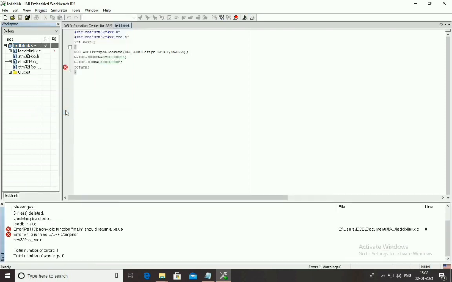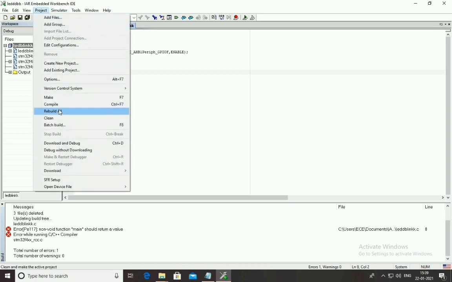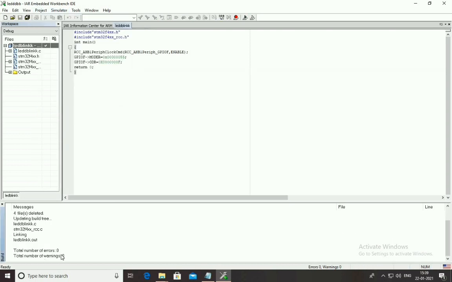So now rebuild it. Now there is one error, so you have to give the correct syntax. Now save it, do a rebuild again. Now it shows no errors and warnings.